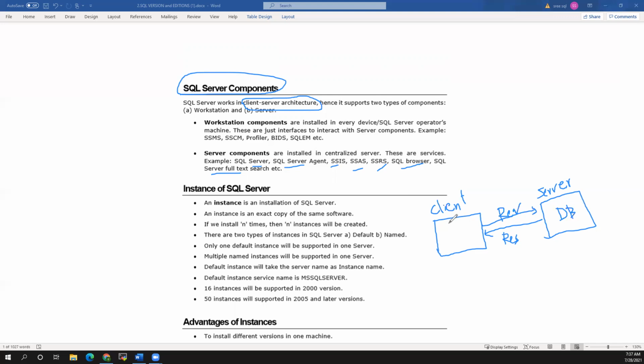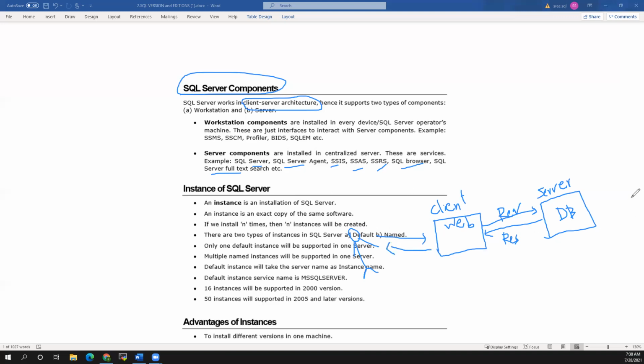The client could be a web server, or some sites or something. From the web server, in general, yesterday I explained, right? From the internet the request goes to the web server, from the web server it goes to the DB server, from the DB server the response comes to the web server, and from the web server the response goes to the end user.